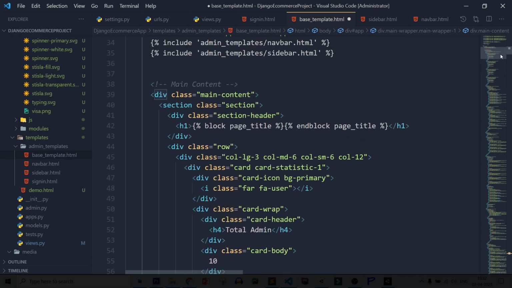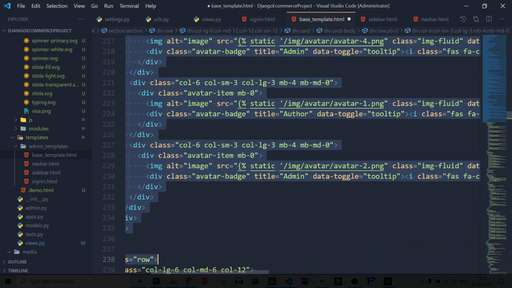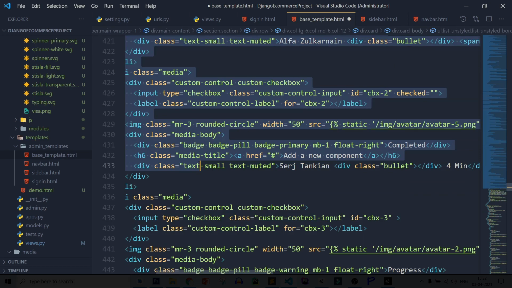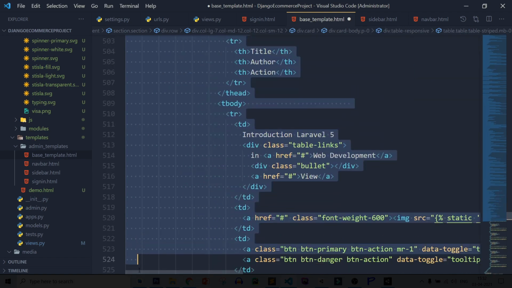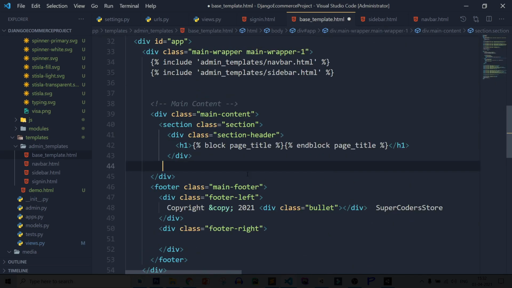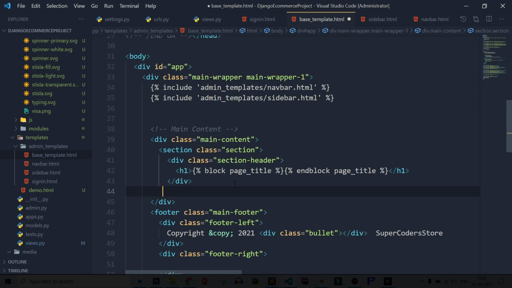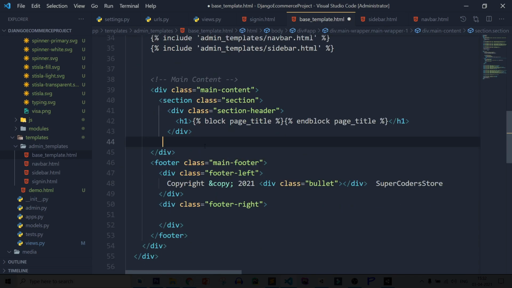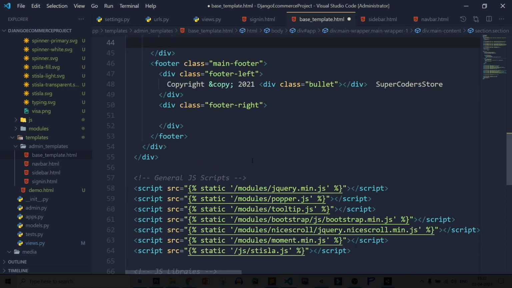So it's closing for main content, but we need to remove everything. So let's select everything until main content, and here is everything selected. Remove it. So here I created a simple blank page. You can see it contained navbar, sidebar and a section, and I removed the content from home page.